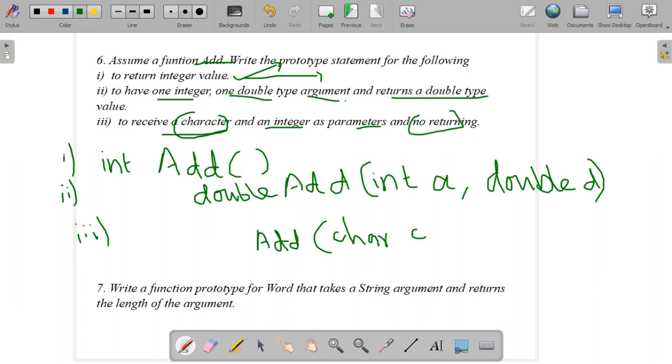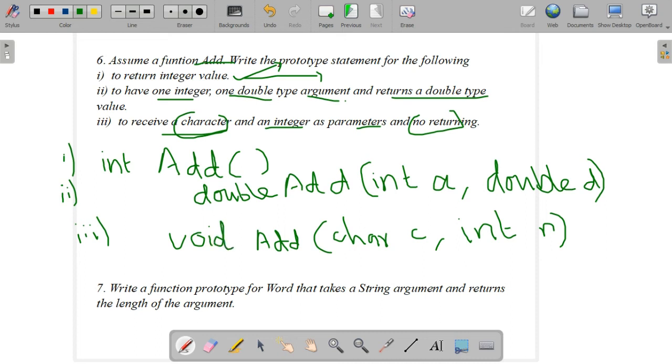Then an integer, so int n, that is an integer variable I am passing, and no return type. No return type means, all of you know, we need to remember that no returning value belongs to void data type. So we will write the return type as void.